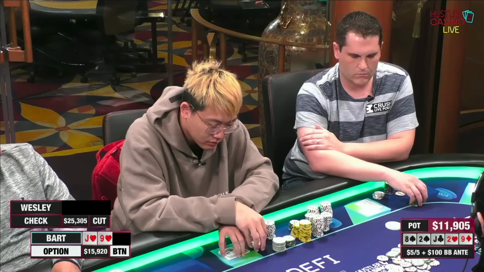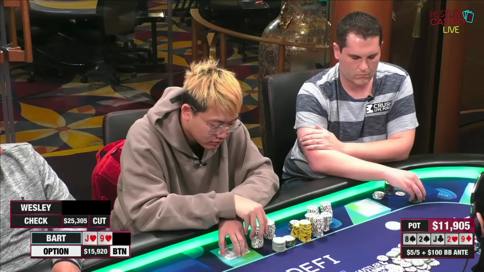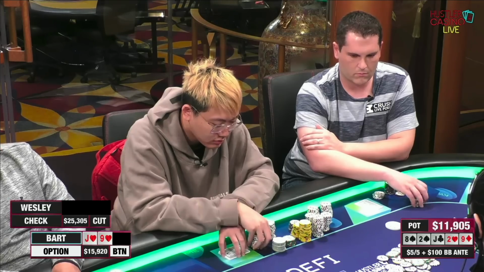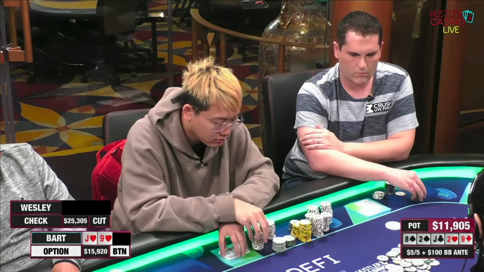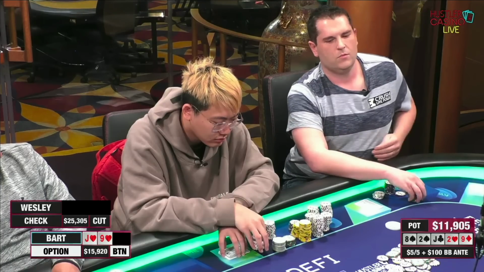He did not have a hand like King Jack or Queen Jack, and Jack 8 is such a small, small portion of his range that this was one of the situations where, even though I'm going to have the best hand here like 90-95% of the time given his line, I actually didn't think that there was a ton of value in betting here. Now, there is one other option that is possible when you're in a situation like this,